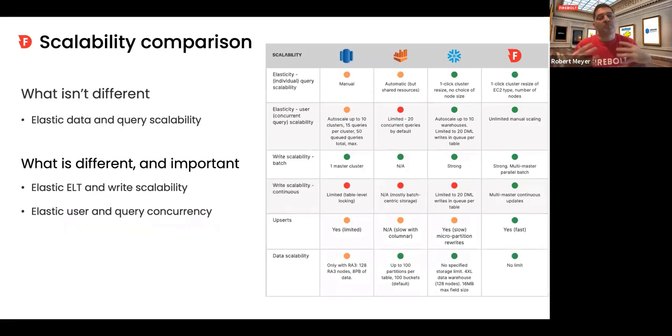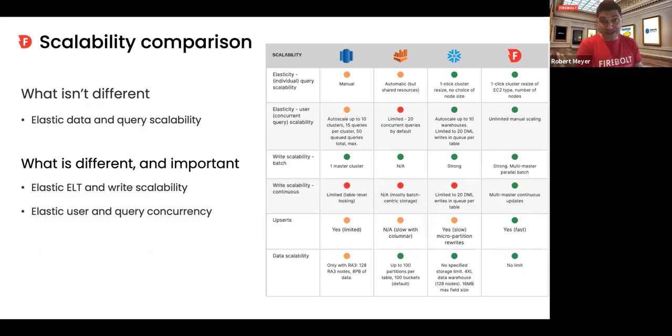So those are really the biggest areas of performance you want to think about. Query engine optimization, the indexes, and the storage and how it works. Scalability is also somewhere you need to look. And to a large extent, scalability has been solved, right? Meaning elastic decoupled storage and compute has allowed you to scale the data and allowed you to scale the queries. But it's kind of like the meat in the middle of a sandwich.